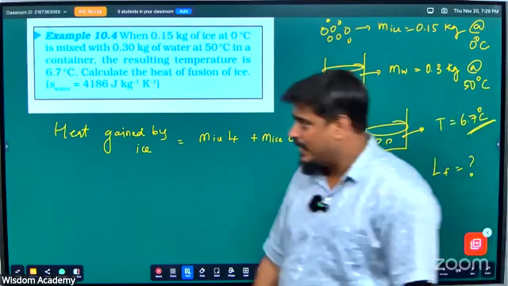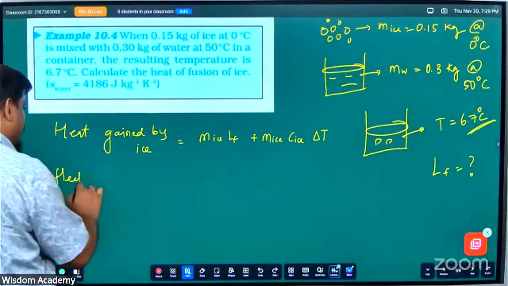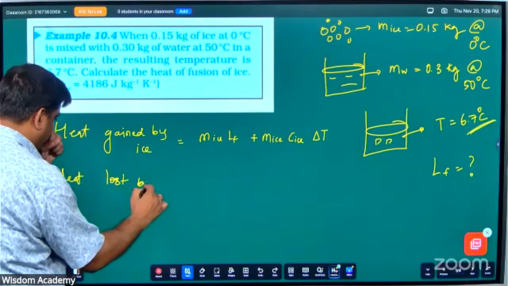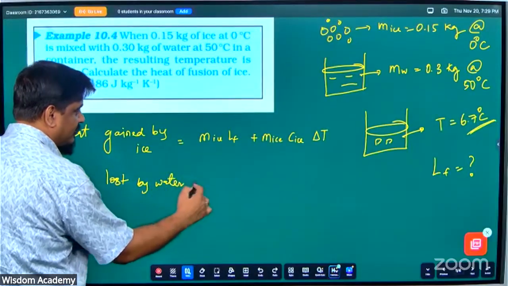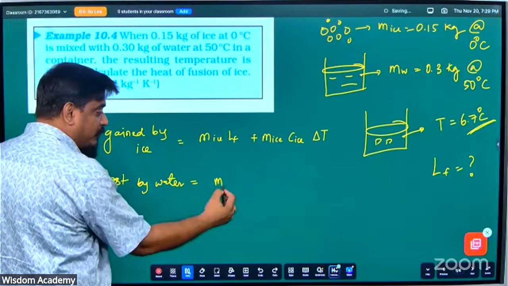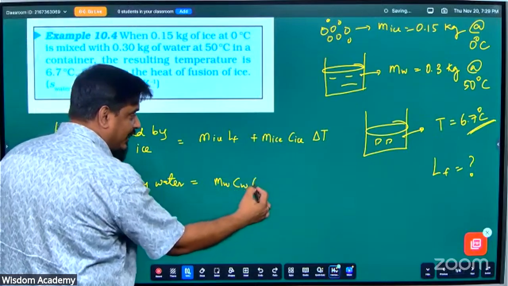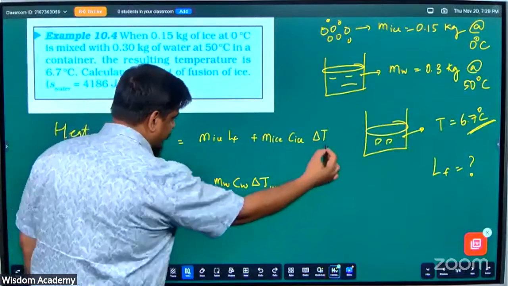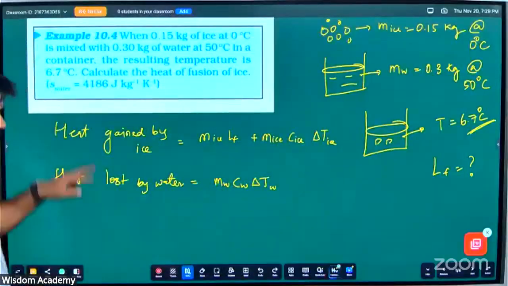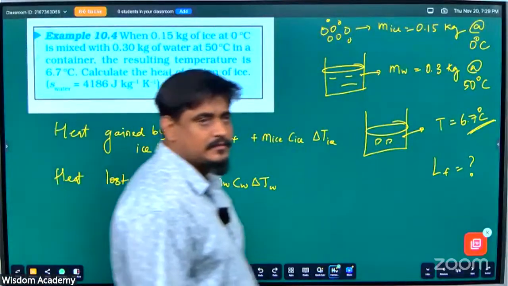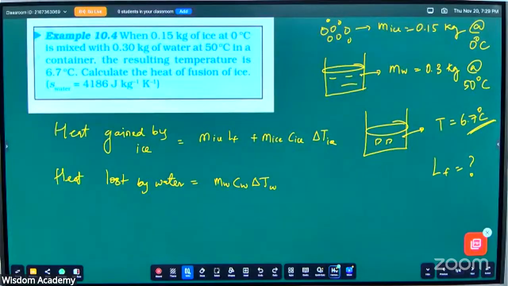Am I right? And what is the heat lost? Heat lost by the water. What will that be? That will become equal to m of the water into C of the water and changing temperature of the water. Obviously, this is for ice. They both must be the same. If anybody has doubt, feel free to ask me, because without understanding this concept, you will always have trouble in this kind of question. What happened, Raghav?